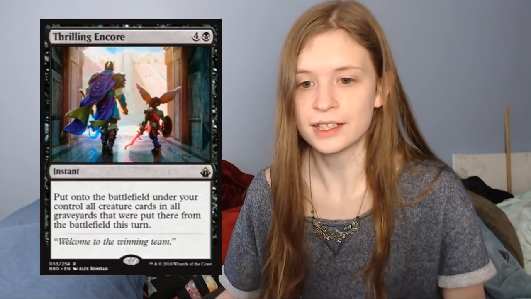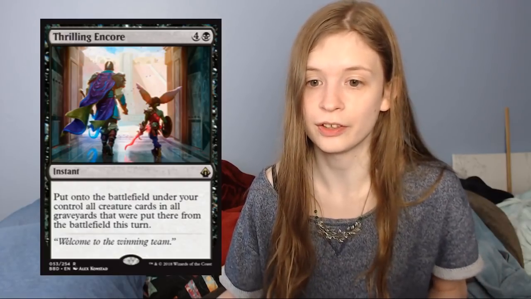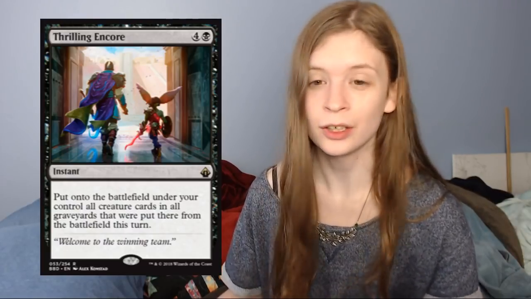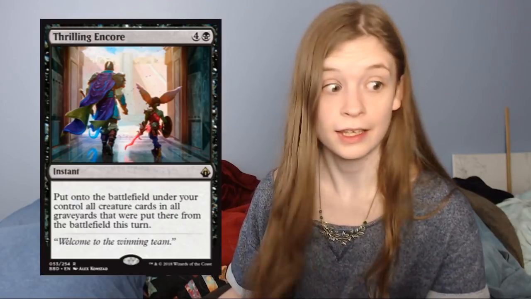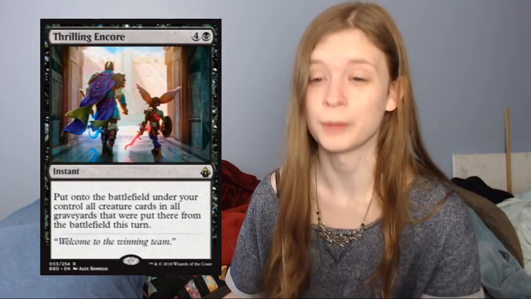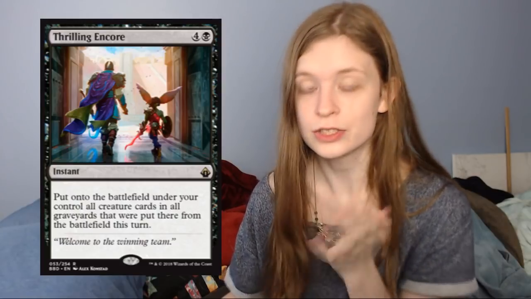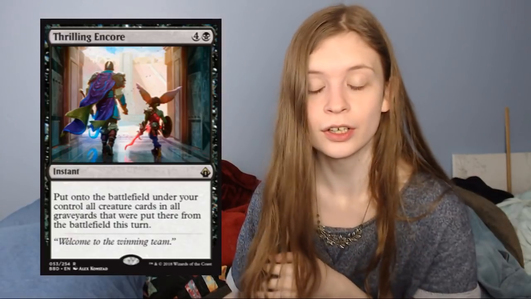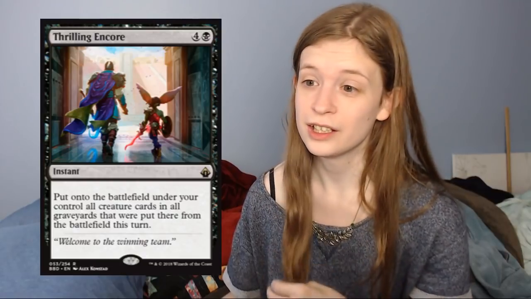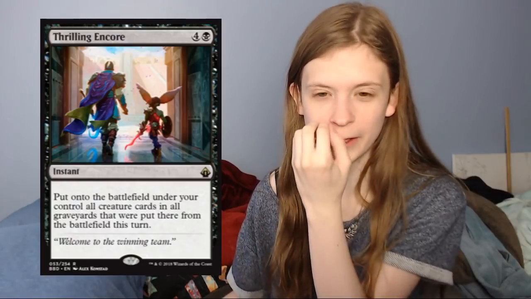Thrilling Encore, which is a 5 mana instant. Put onto the battlefield under your control all creature cards in all graveyards that were put there from the battlefield this turn. So this is a good way, if you know that a wipe is coming or something, to hold this up and get a really good reversal. But again, it's so situational, and you have to hold up 5 mana, and that's a big opportunity cost. Yes, you can have amazing situations and steal games with this card, but if you want this effect, this is so situational, and you have to hold up so much mana. It's like, just spend the extra mana and play Garruk's Wake. This isn't worth the amount that you're having to